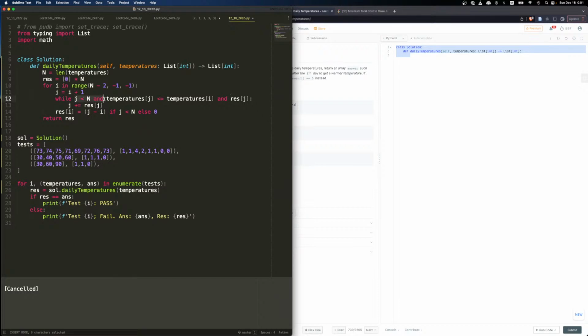I don't think this one is necessary, because the first one will be 0, so we will jump out. So we can just say res j. If res j is not 0, that means there's something, and then you always stop at something. If you stop at something, it's because